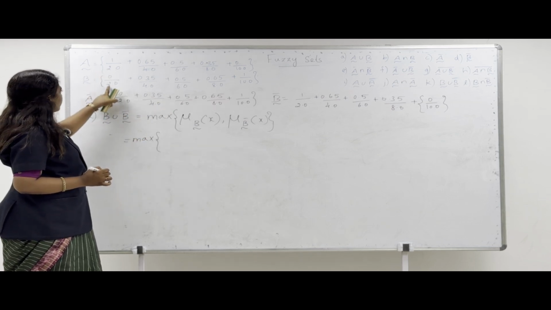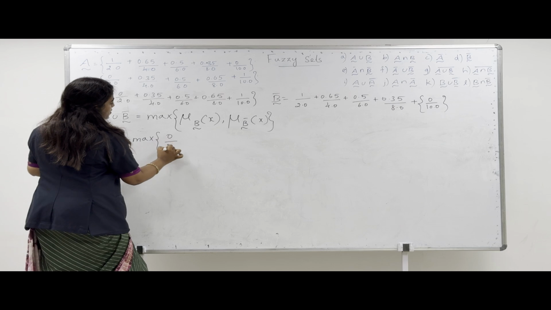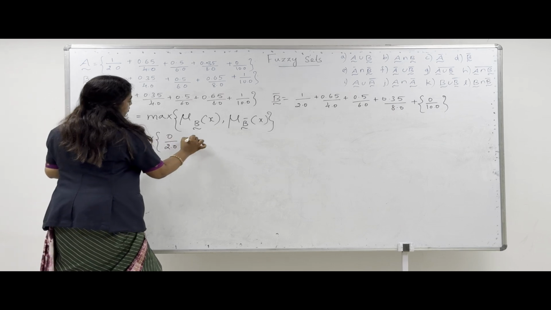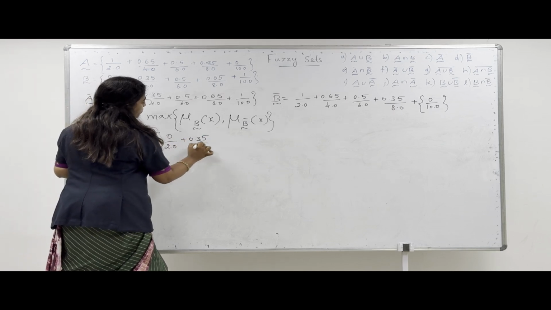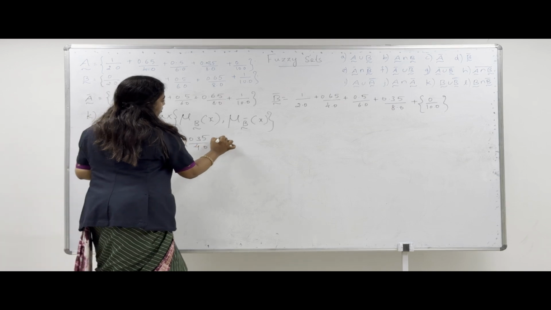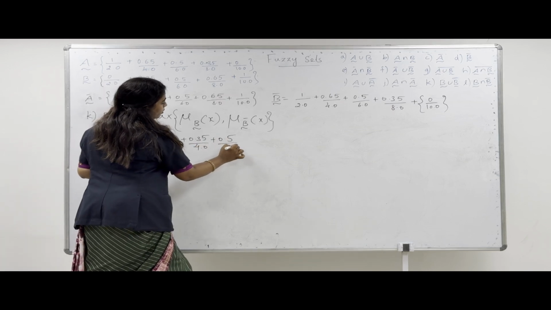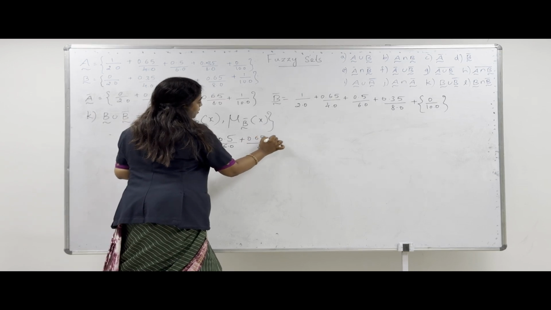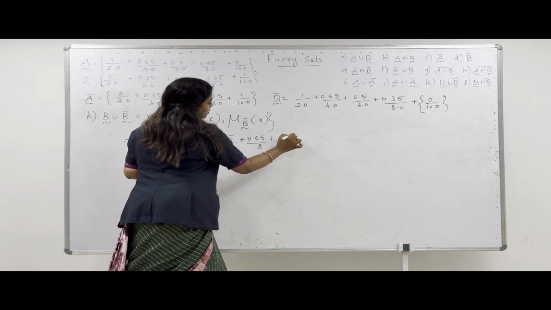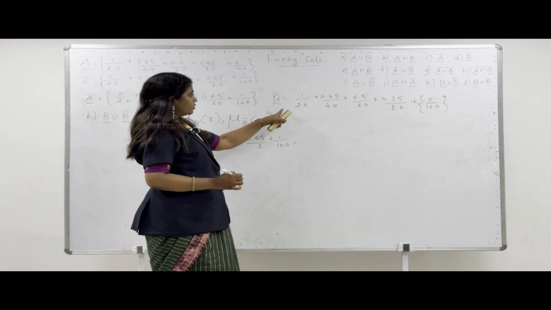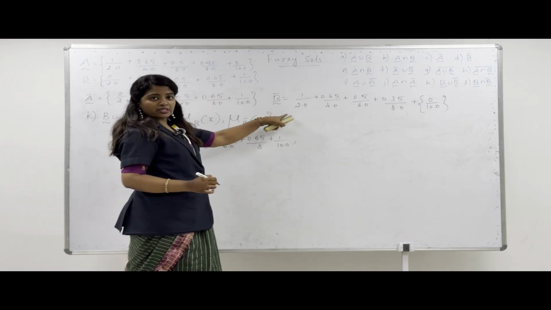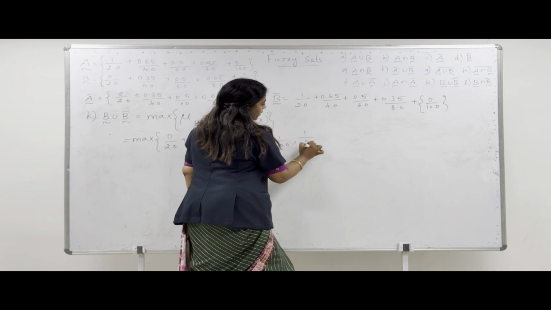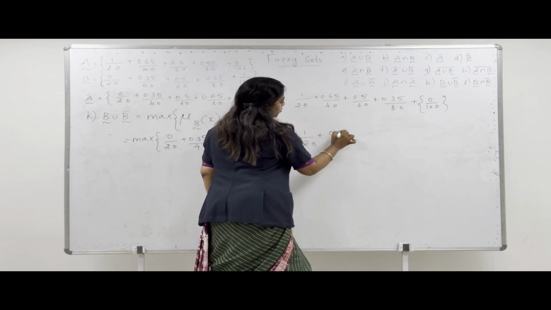For B of x, the value is 0 by 2, 0.35 by 4, 0.5 by 6.0, 0.65 by 8, 1 by 10, comma, and write the B bar of x value, that is 1 by 2,